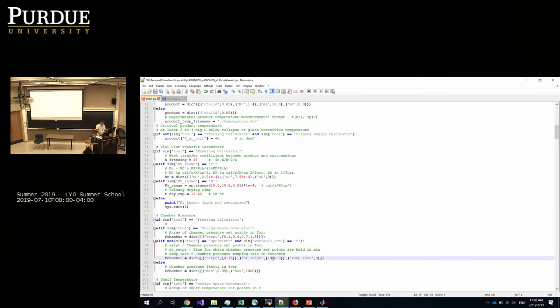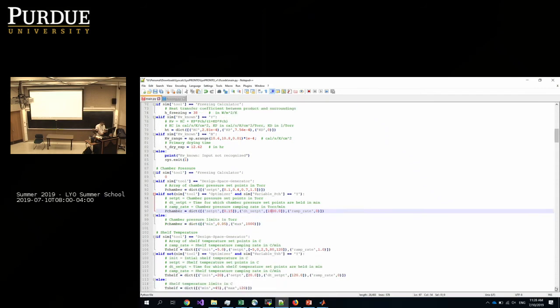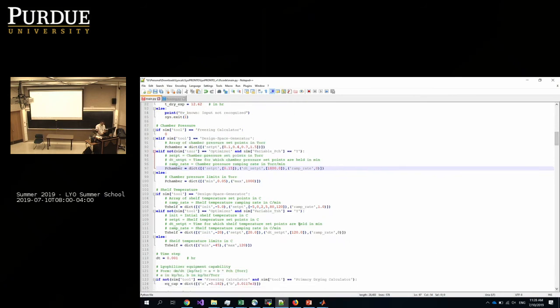The set point is 1800 minutes, so it would take enough time to finish freeze drying, primary drying. The information about shelf temperature, we fix it at -5 degrees and hold it, let's say, the same 1800 minutes to make sure the drying is finished.